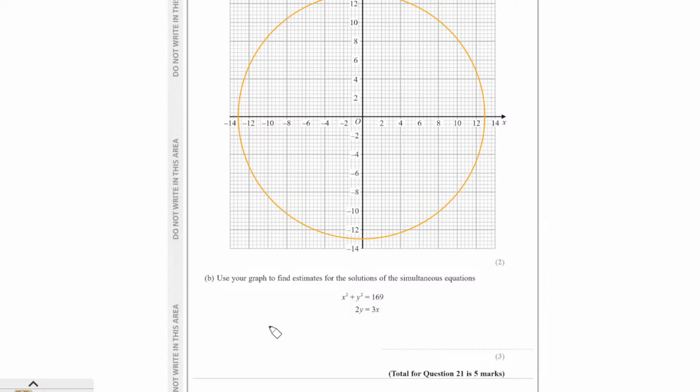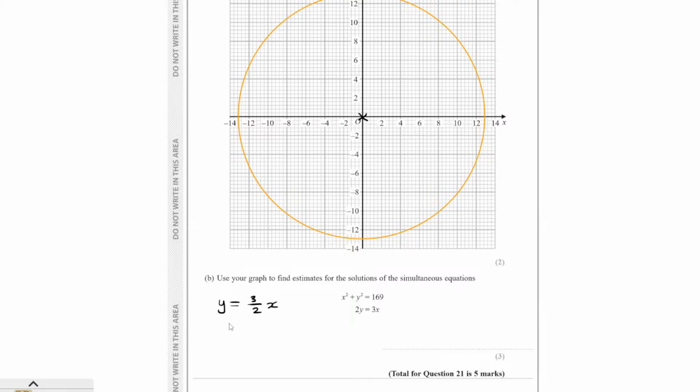So personally, I like to make it in terms of y, so I'm just going to divide both sides by 2, so you get 3 over 2x. And then, as we said before, when we've drawn other lines, you need 2 sets of coordinates. The first one I tend to do is the y-intercept, which, you see how this one doesn't have a plus c, which means the y-intercept is just literally 0. So that's easy. And then I'll just choose another x value on my graph that hopefully would still not be too big. So maybe like,